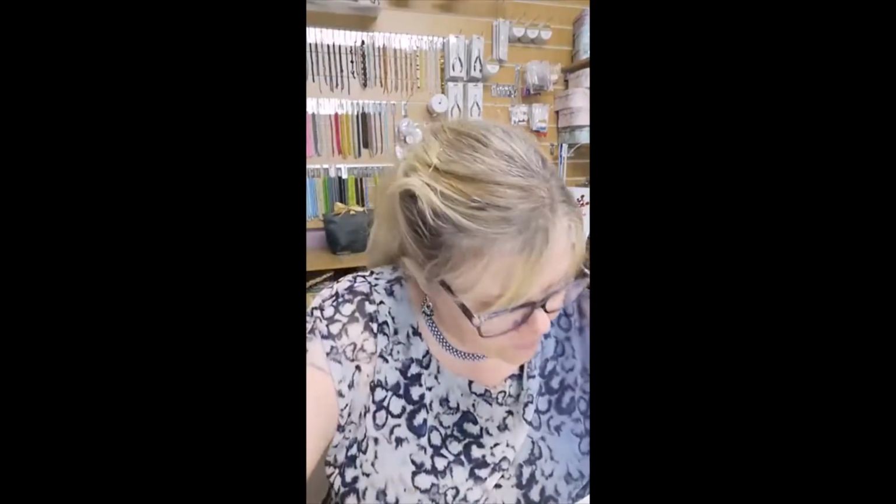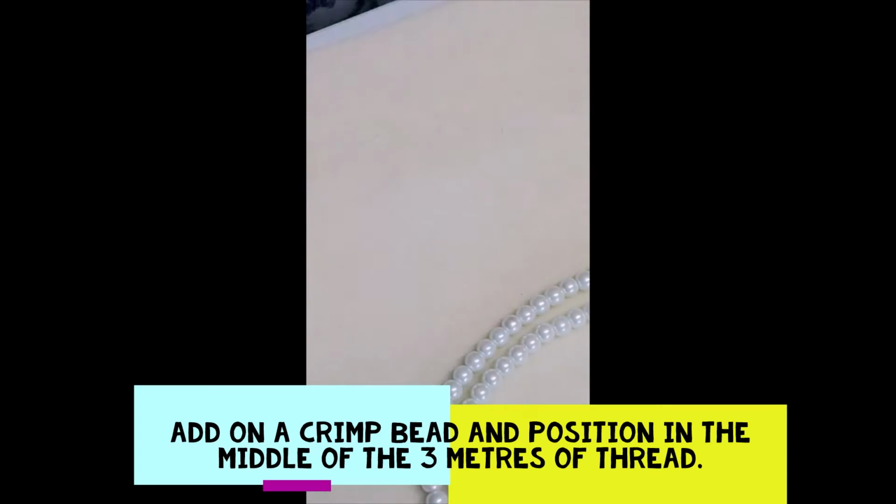So I've threaded a needle on either end, and I'm going to zoom in and just make sure I've got all the bits. You are just going to need your 2 beading needles, 3 meters of thread, the size beads you choose with the combinations I mentioned, how many you need, clamshells and crimp beads, and you will obviously need your fastenings for the end. So I am going to add on